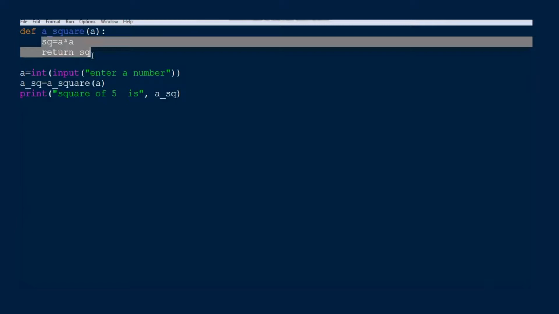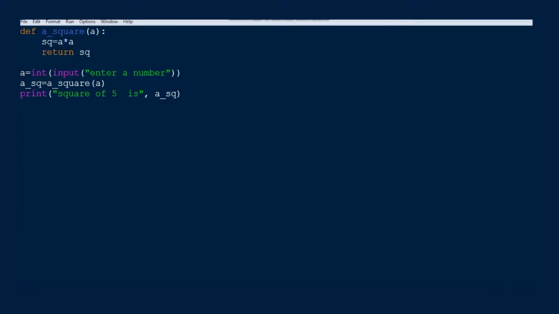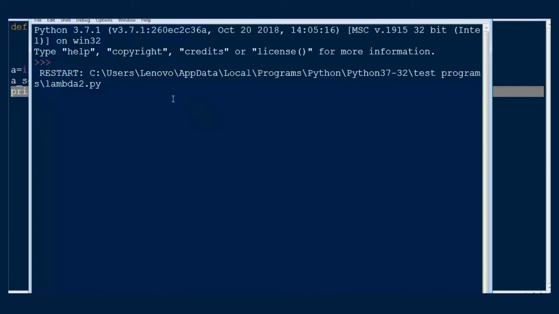The function calculates and returns the square of the number. In the calling script, we have read the input from the user and called the function by passing the input as an argument, and the result returned from the function is printed on the screen. Run and see what output you are getting.